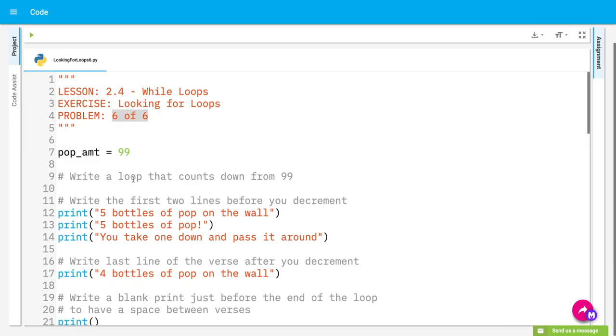At line 9, it says write a loop that counts down from 99. So at line 10, which is empty, I'm going to create a loop. So I go while pop underscore AMT, that's short for amount, greater than, guess what number? Oh, if you guess 0, you read my mind. So while pop amount is greater than 0, then it says write the first 2 lines before you decrement. So we're going to print,